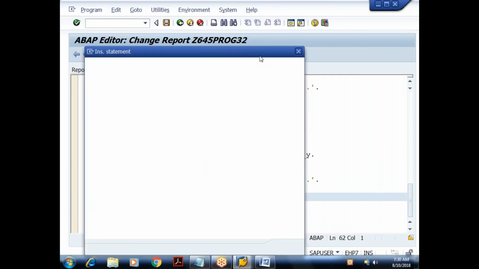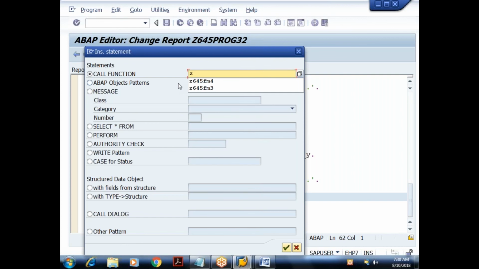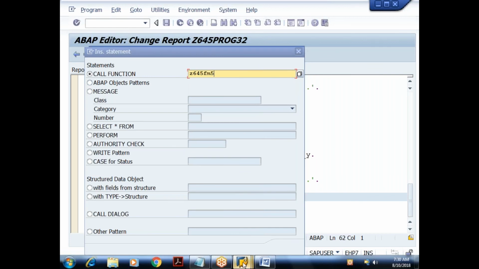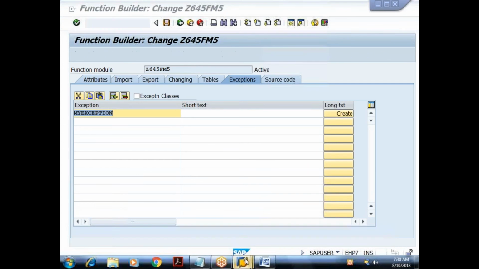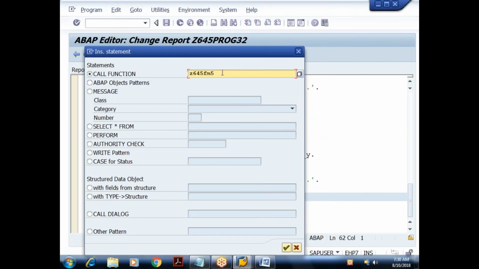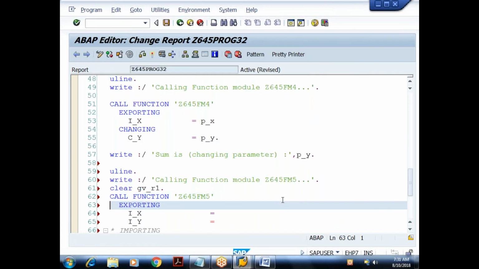So I'll go to pattern. I'll give the name of the function module as Z645FM5. Z645FM5, 5 only or 4? 5. Okay. Z645FM5. So import becomes export, export becomes import. And we also have exceptions. So see what happened when I continue. See the signature here.